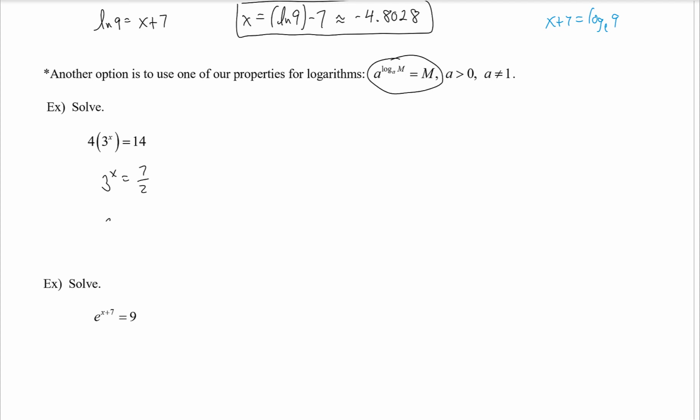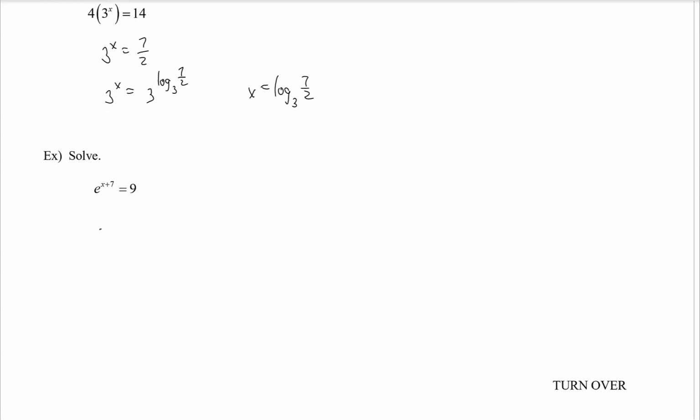And then, instead of having 7 halves be the base, I could have the base be 3. But I've got to use my property, where if it's base 3, I use this property here. Or if this is a 3 and this is a 3 and this is 7 halves, then that equals 7 halves. So now I can set those equal and get x equals log base 3 of 7 halves, which is what I got before. And then I just worked it out up there, but